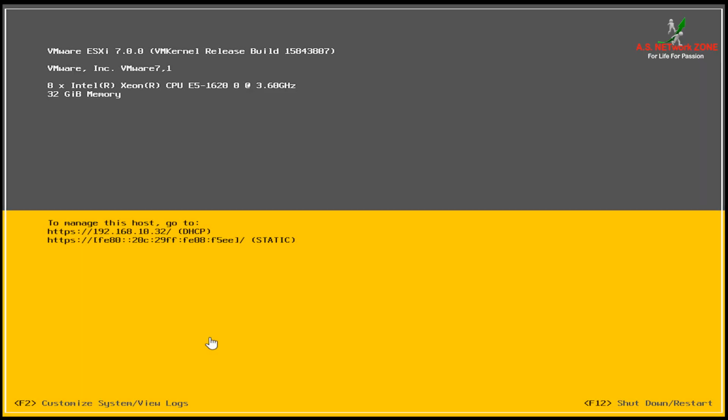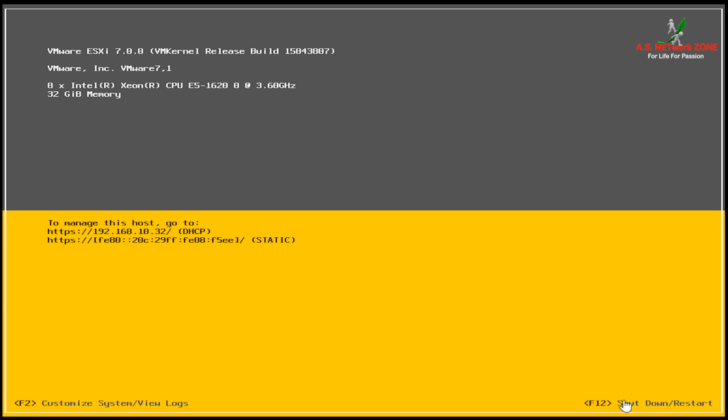So this is my ESXi host or server, and here I have installed the VMware vSphere ESXi 7.0 hypervisor. If you don't know how to install an ESXi host, not to worry, you can check from the I button. I have already created a lab for that. It is also known as a type 1 hypervisor. Via this you can set up hardware-based virtualization, and this is the local console. Here you can see, to customize the system or view logs you need to press F2, whereas if you need to shut down or restart your ESXi host, you need to press F12.